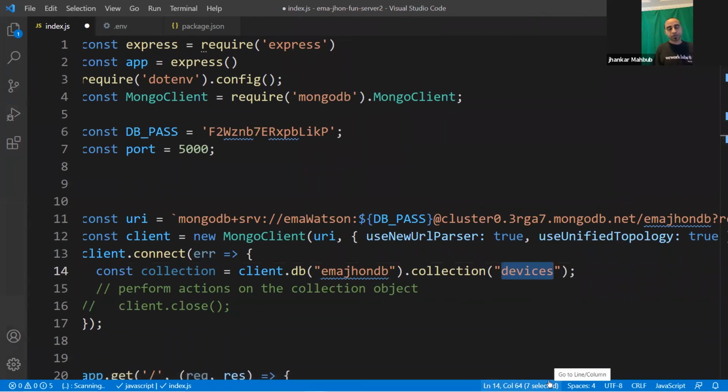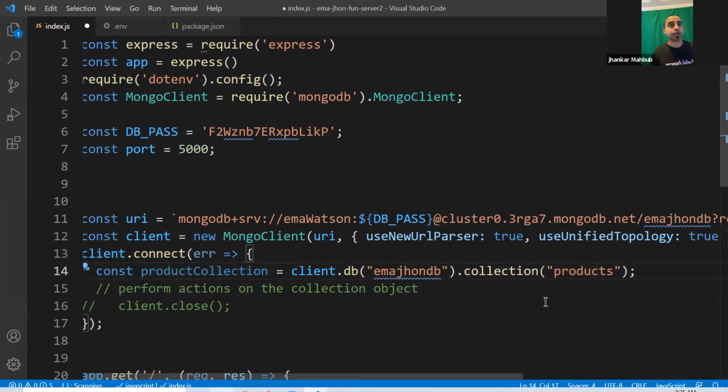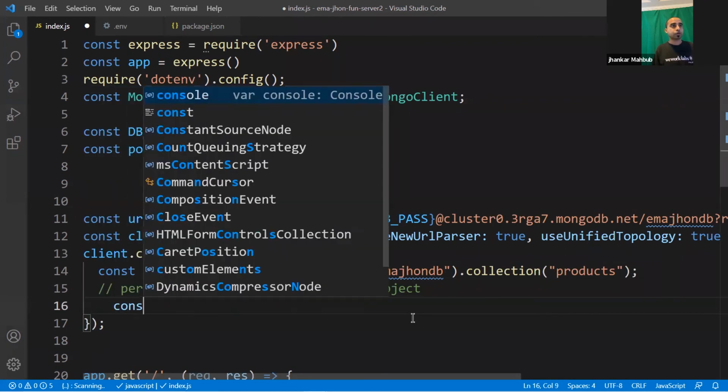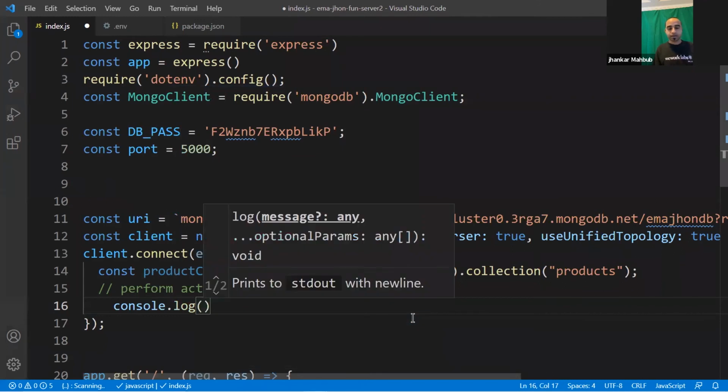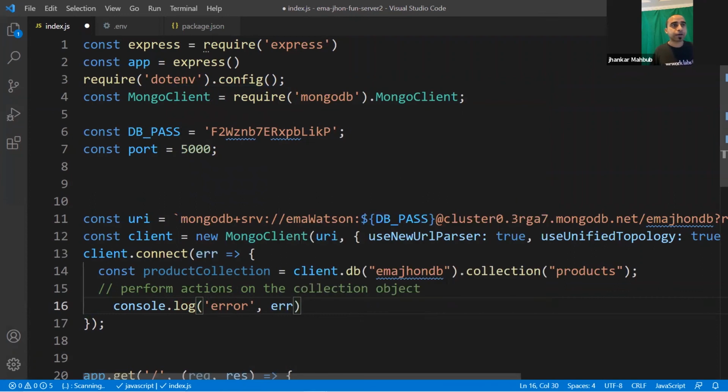For example, you want to put products here. Okay, products. So this is your products collection, and the way people name it is usually product collection, because you could have multiple collections, like user collections, product collections, maybe order collection when somebody places an order and all these things. So everything will have a collection. And here, to make sure that this is connected correctly, you can do some console log, and then if there is an error in connecting, you will see some error. Otherwise, this error would be none.